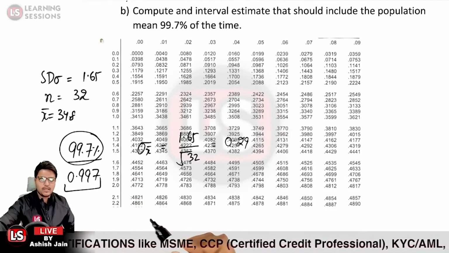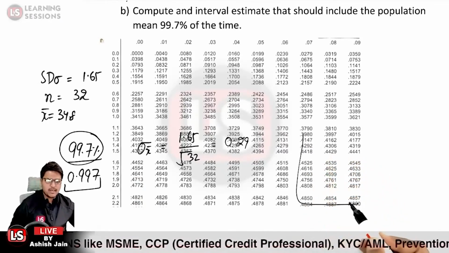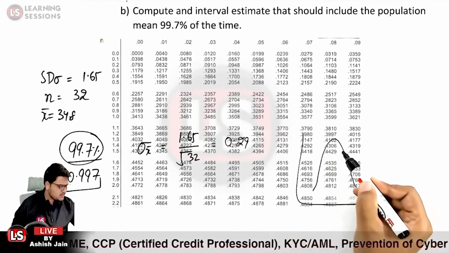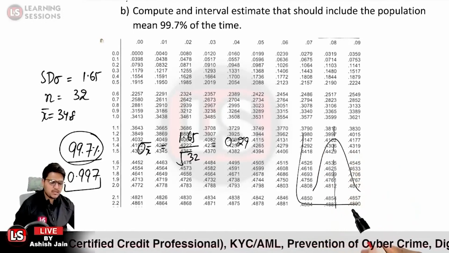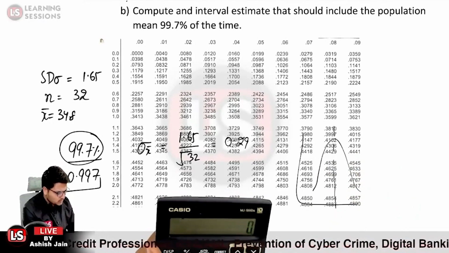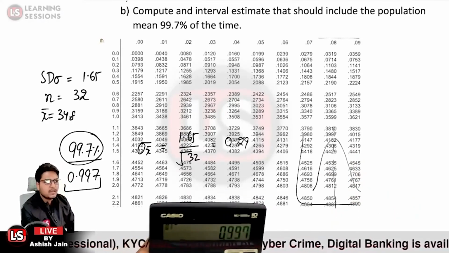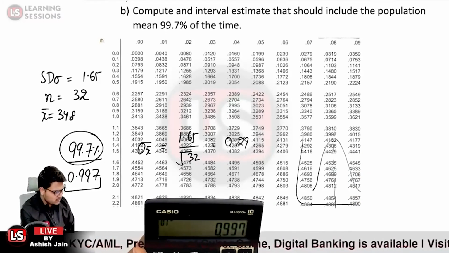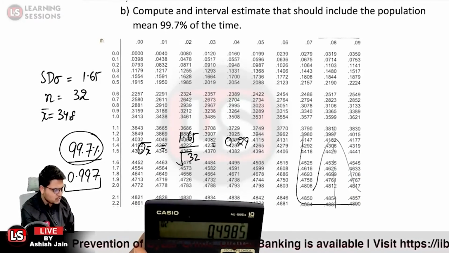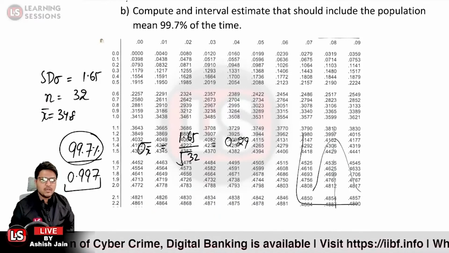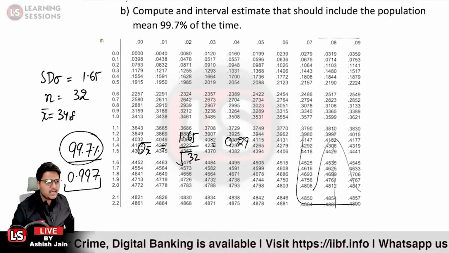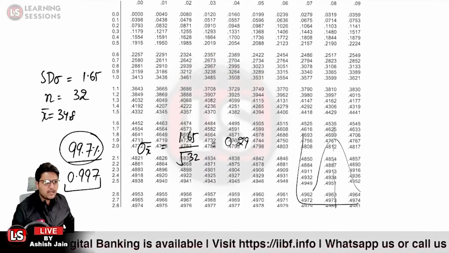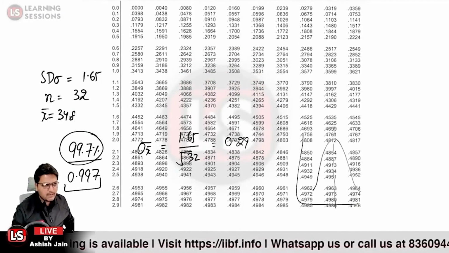So I just told you that if we are having the normal distribution, in that case the distribution is normal or symmetric. So we'll be dividing it by 2. So 0.997 divided by 2 is equal to 0.4985. So we'll be looking for the value of 0.4985